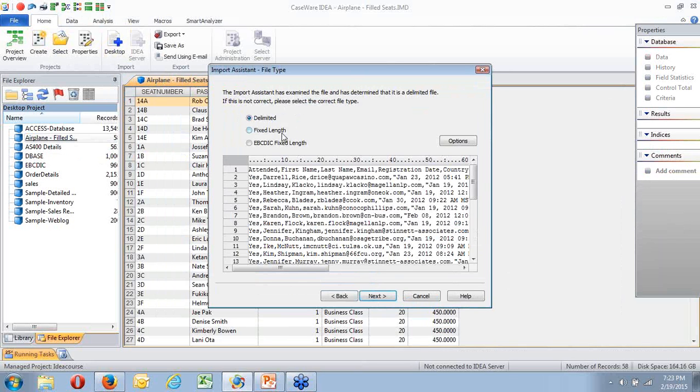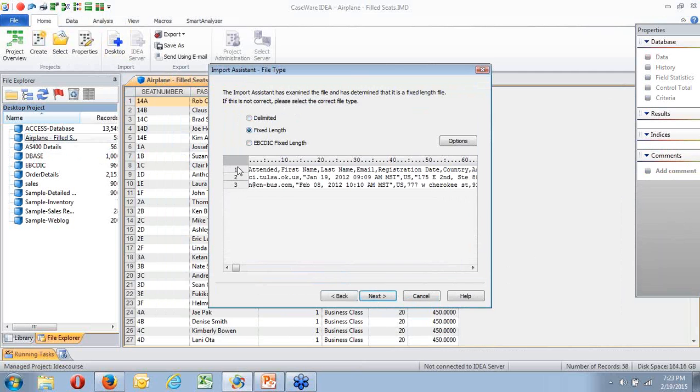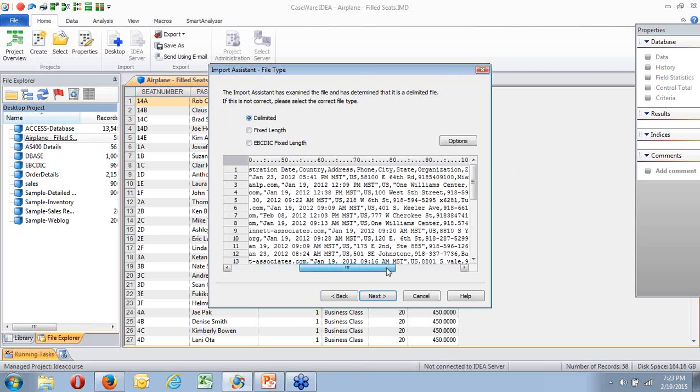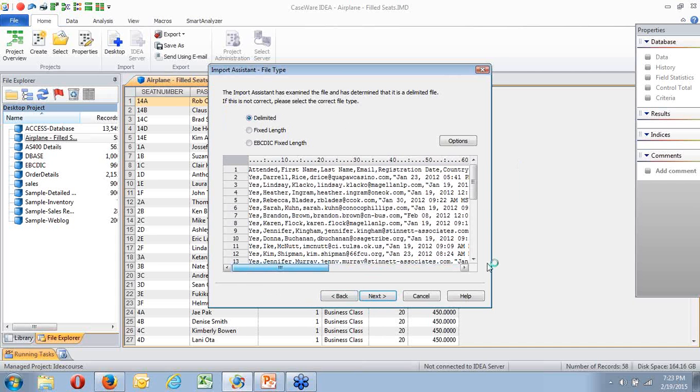Now the problem is I cannot say that this is fixed length. It's all one big record, or in this case all 3 big records. But we know it's not. There's a whole pile of stuff in there: attended, first name, last name, email, registration date, country, address, phone number, city, organization, unsubscribed, IA member or not.